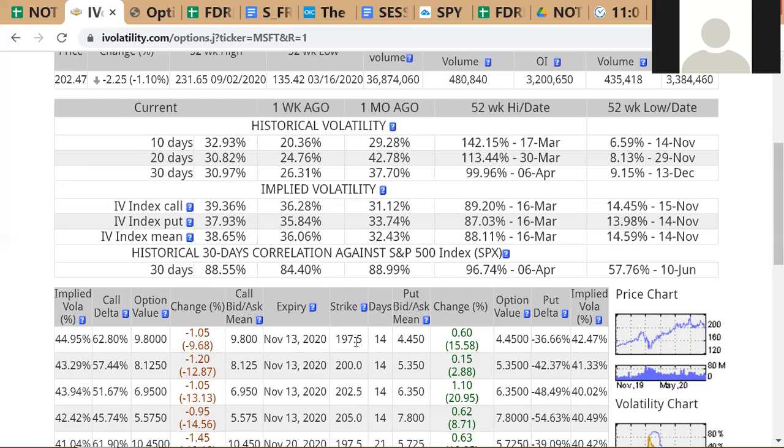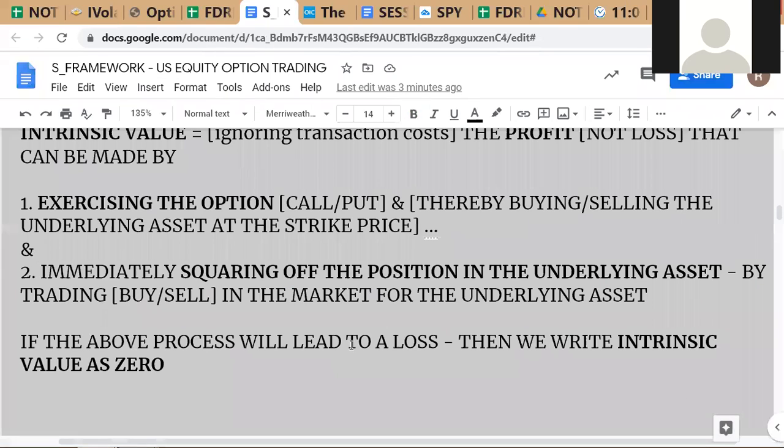What is the profit calculation? Exit price minus entry price. It's a general formula, you can apply it in every situation. So exit minus entry, and the position is a long position, so it will be with a plus sign. So 100 shares, the position size, into exit minus entry. We are not even showing the formula here, but you can understand what I mean. So position size is 100, exit price 202.47, entry price 197.5. So do this minus this, into 100 shares. That's your profit. Okay. So in this case, the intrinsic value of the option is, this is basically it.